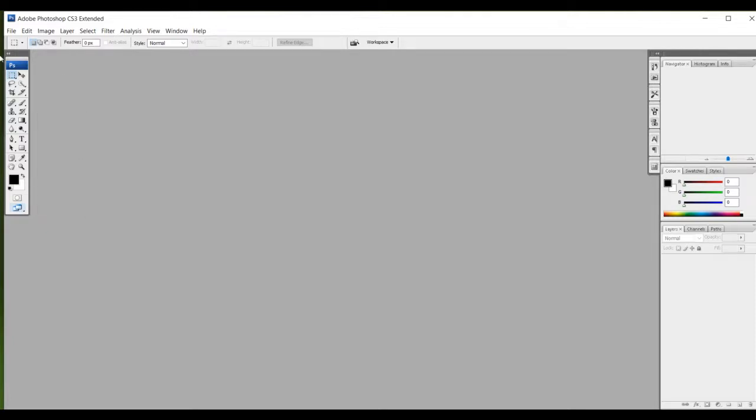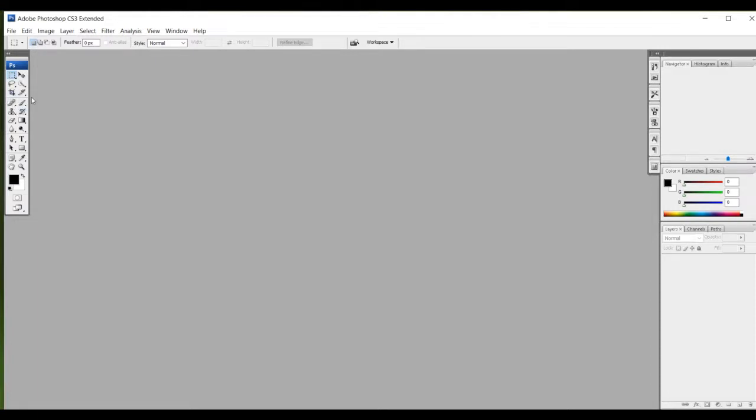There are different kinds of tool palettes present. One is the selection and crop tools. See here, there are breaks between the tool palettes.